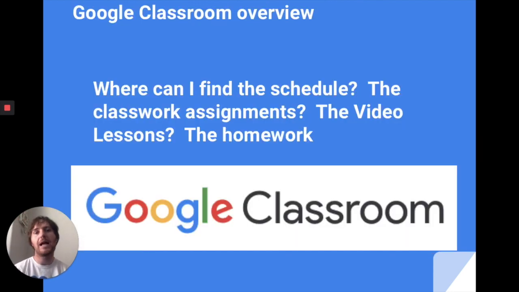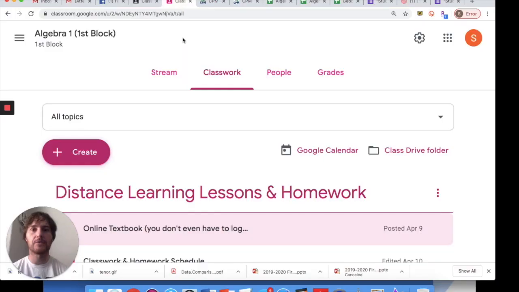Finally, here's the Google Classroom overview. Where can I find the schedule? Right? Where can I find the classwork assignments? That's pretty important. So I have the whole schedule broken down. I have all classwork assignments. I have all video lessons, or just the first couple weeks of video lessons and the first couple weeks of homework on Google Classroom. So every day you're going to go